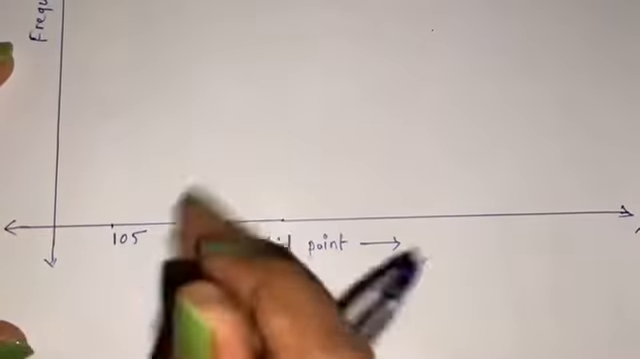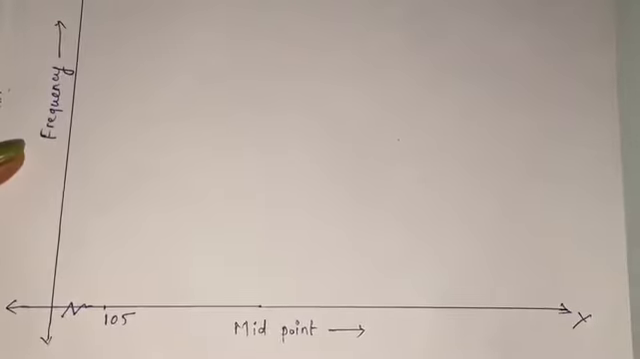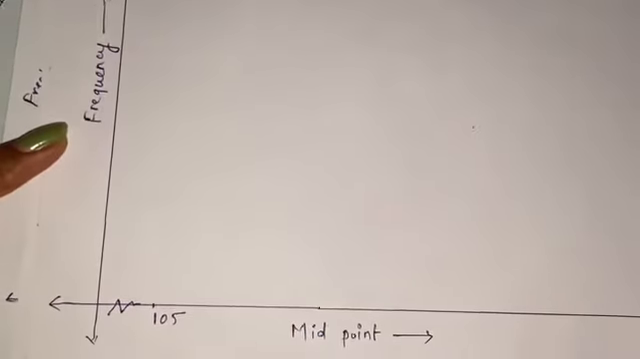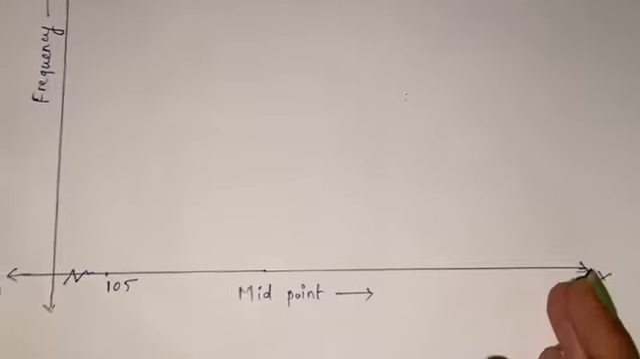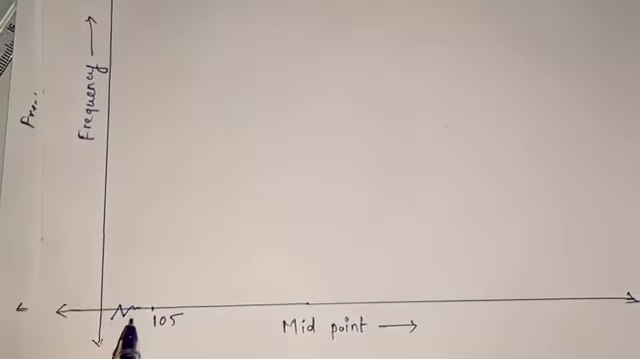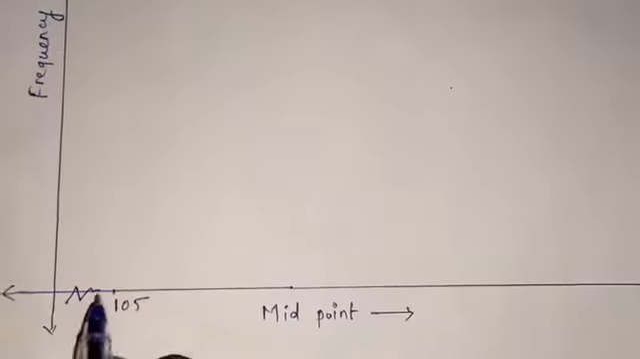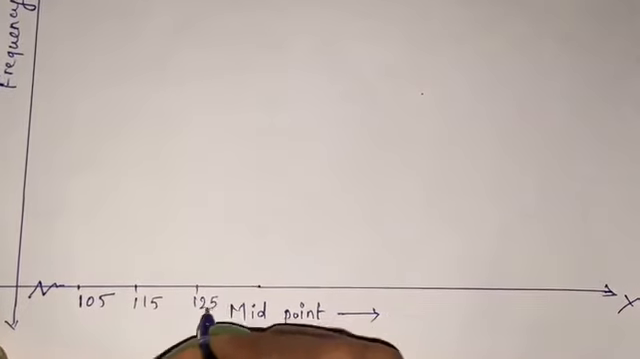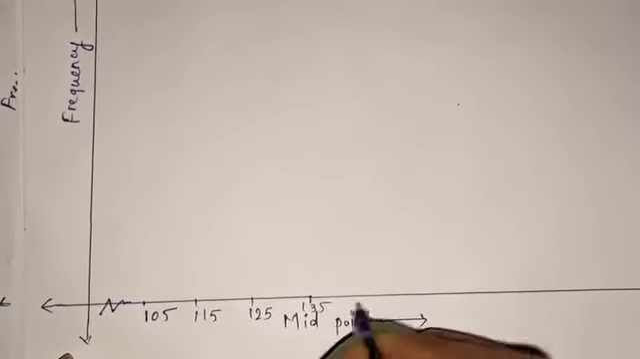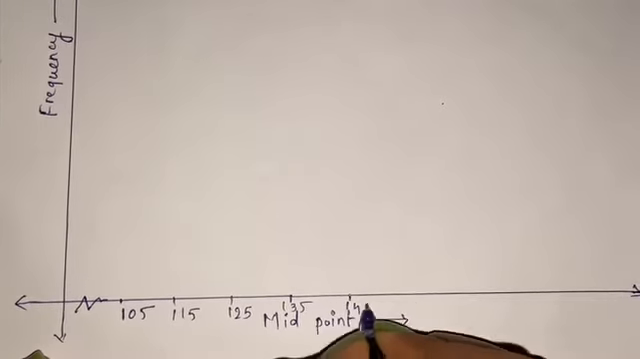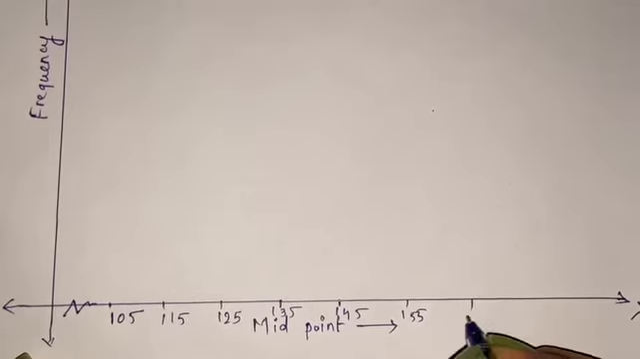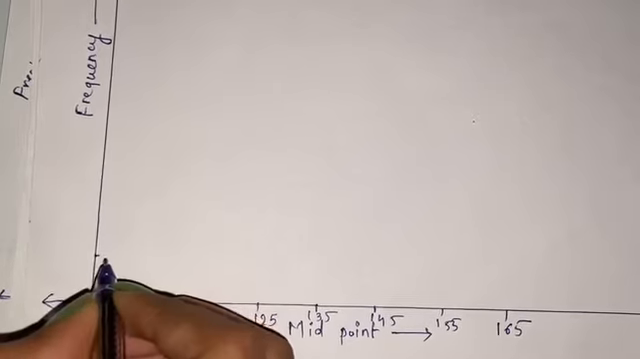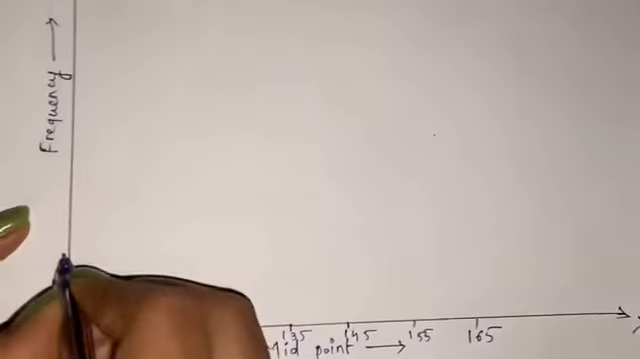As it is starting from 105, the graph will come somewhere here. The graph is starting from 0, so I compressed it and put a break sign. Next 105, then 115, 125, next will be 135, 145, 155 and 165. Frequency will be starting from 3, so 2, 4,